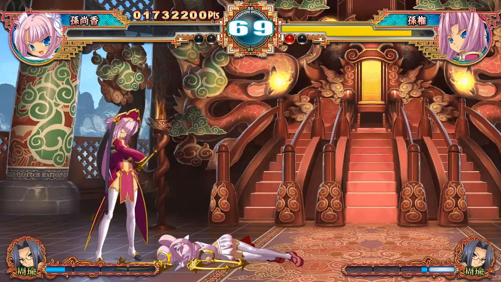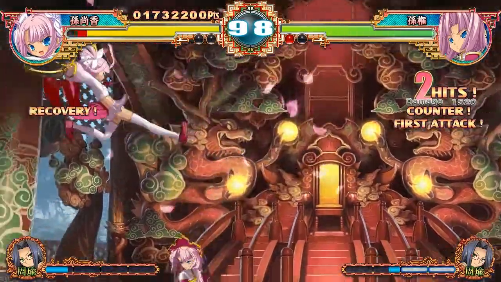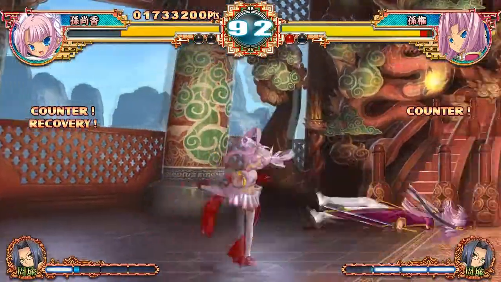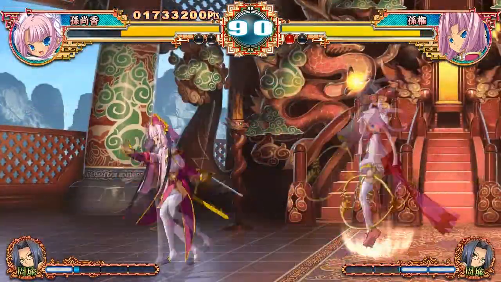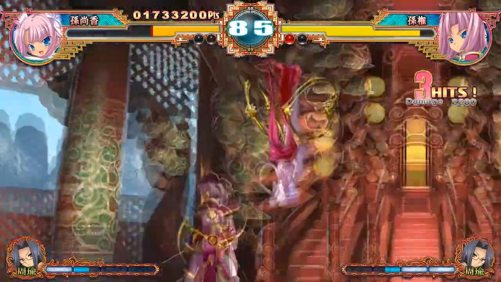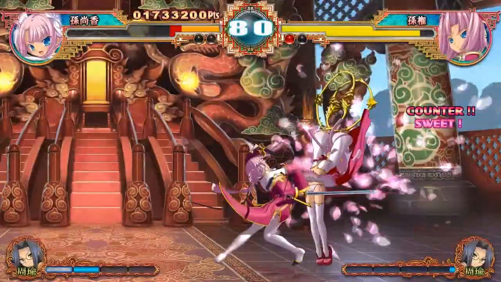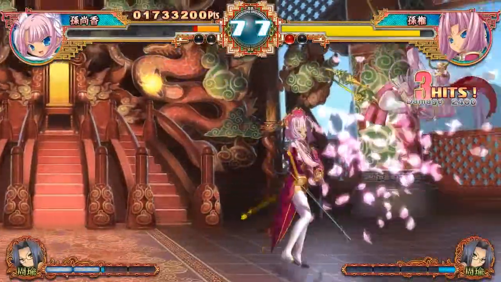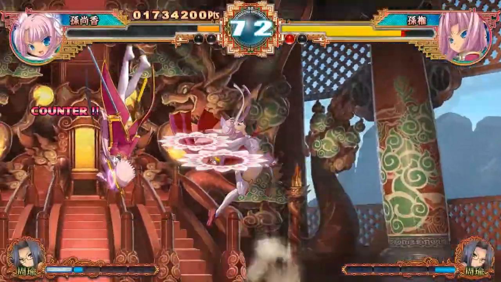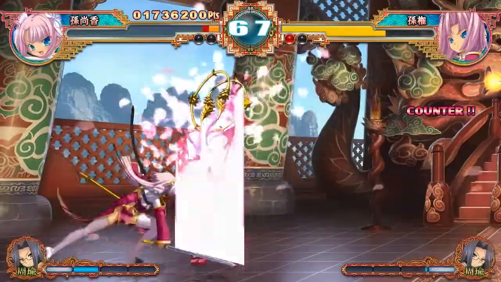Hopefully now in round 2 I can do much better than that, because that was the worst I think I've ever played. Doesn't look like it's going to get any better here in round 2. She attacks so fast. You could be in the middle of an attack and then she hits you with a counter, and see, I'm gonna lose here, and when you lose and use a continue, you lose all your score. Your score resets back to 0, and that really bugs me because